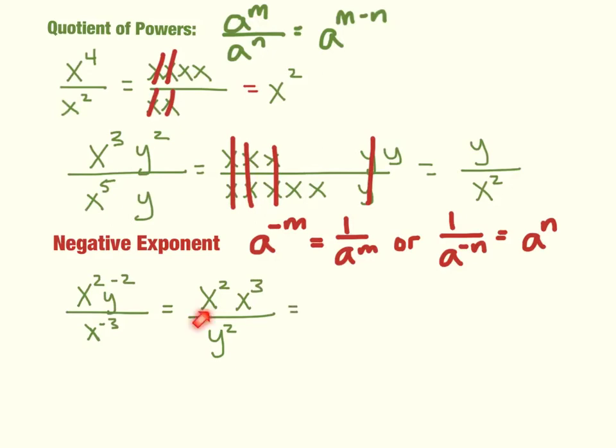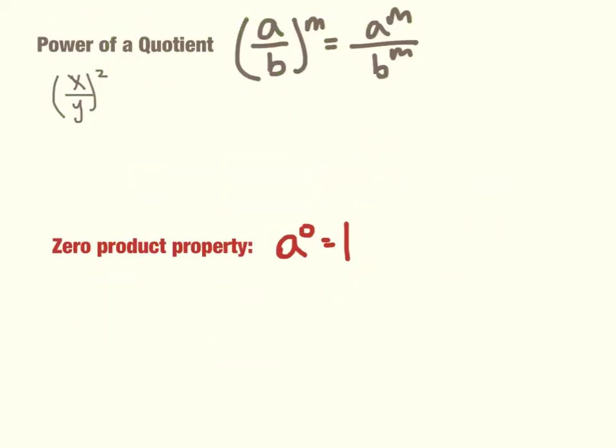Well, now I have x squared and x cubed. So same base, different exponents. Or it doesn't even matter if they're different exponents, it's just x to the 2 plus 3. So there's 5 x's up there being multiplied by each other over y squared. That's it. All right, the power of a quotient property